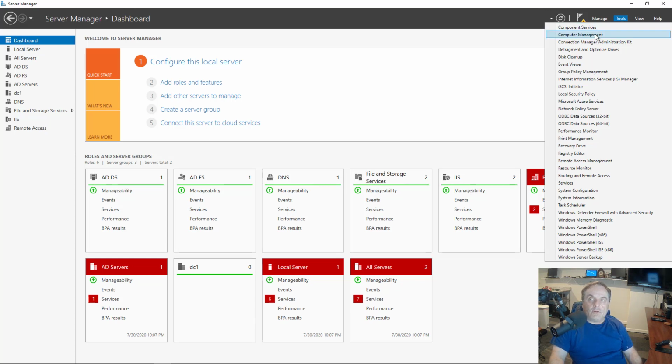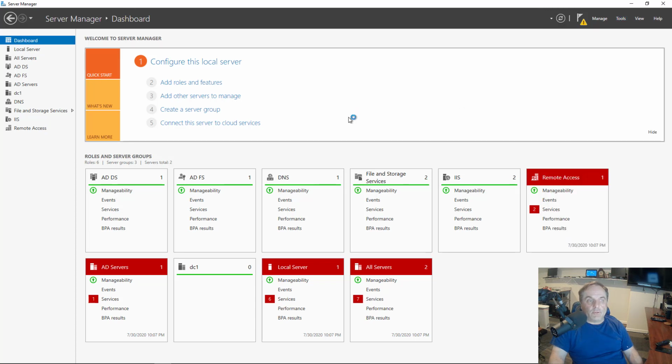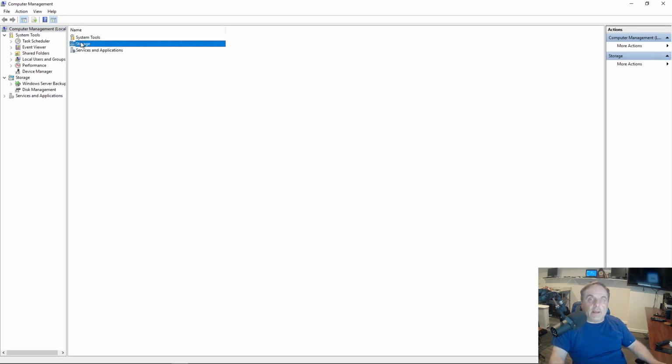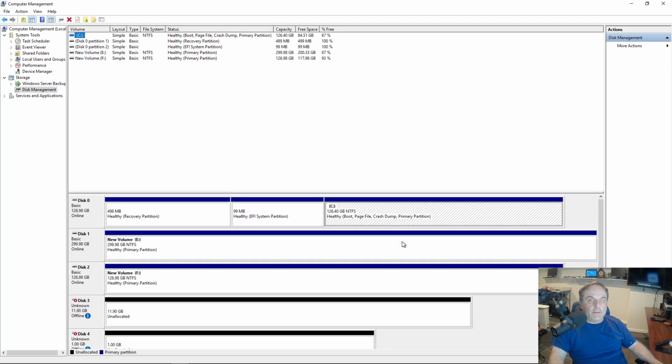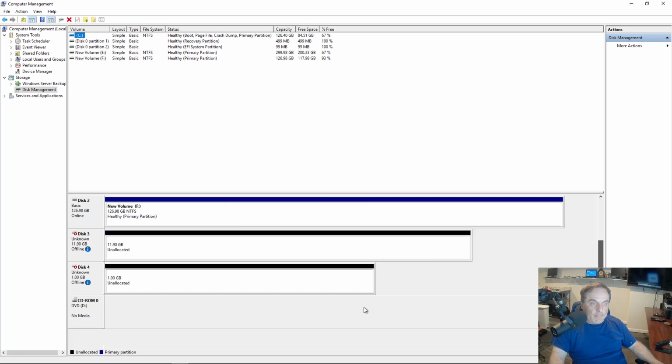Now, if I go to Tools and Computer Management, I could also just go to File and Storage Services off to the left in Server Manager, but I like this better because it's graphical, so it's a little easier to show you what's actually happening. Inside Computer Management, I'll click on Storage, then double-click on Disk Management, and it should show us our drives. They are there, but they haven't been initialized. There I see the two drives in black. One is the 12 gigabyte drive and the other is the 1 gigabyte folder that we saw.